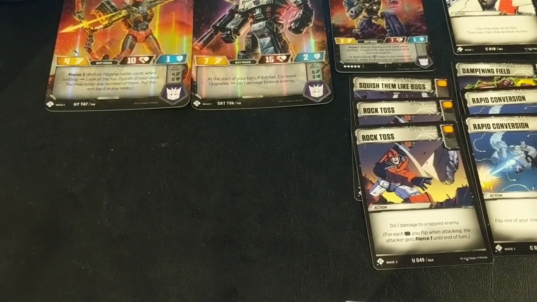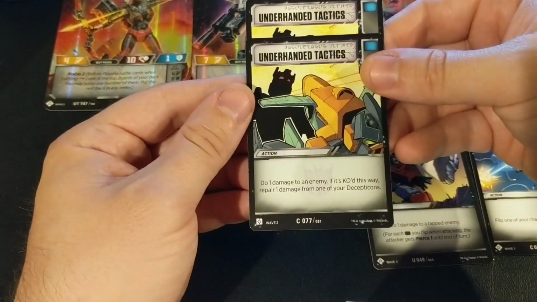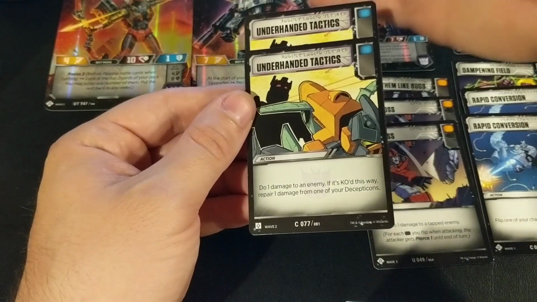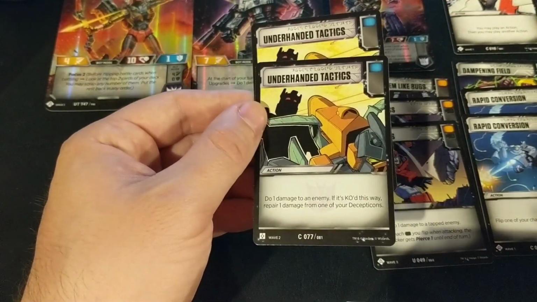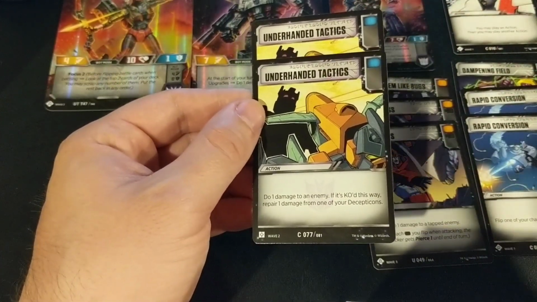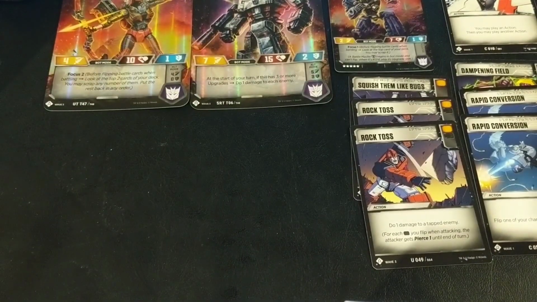Next, we added in Underhanded Tactics. Do 1 damage to an enemy, and if it's knocked out this way, I repair 1 damage from one of my Decepticons. My character roster is all Decepticons, so this is going to be a useful way to keep people healthy. Mainly Flamewar and Megatron, because I want to kill Blowpipe as quickly as possible. Maybe not as quickly as possible, that's kind of mean, but...